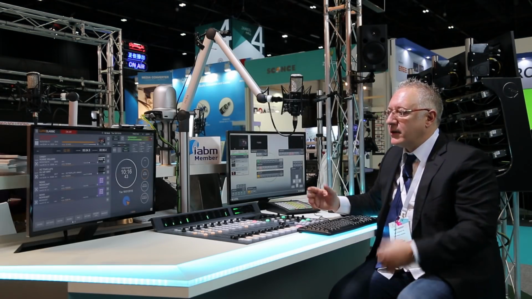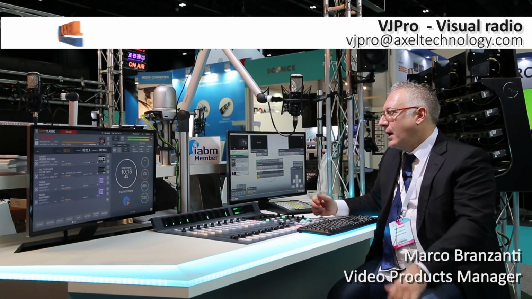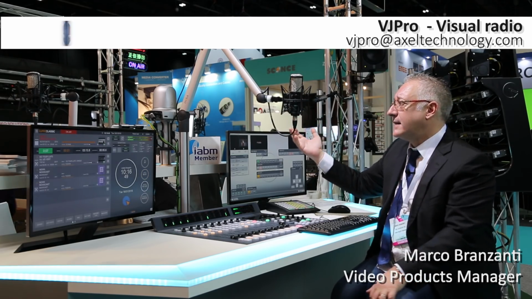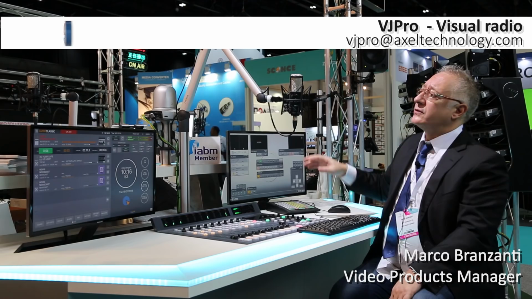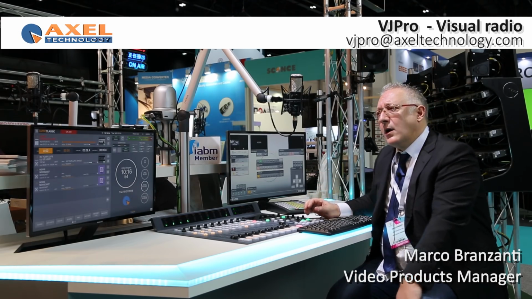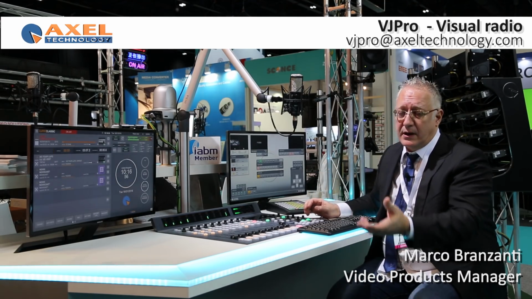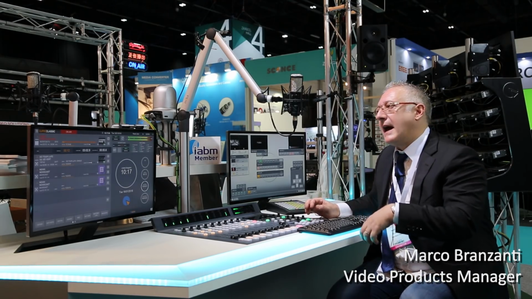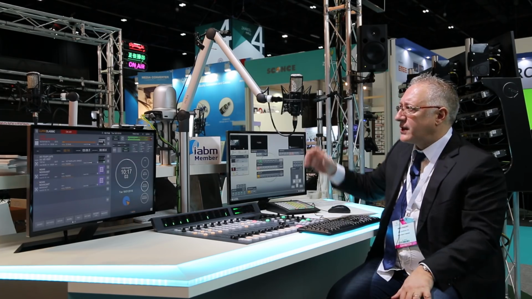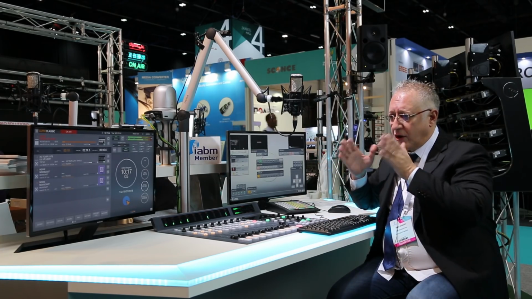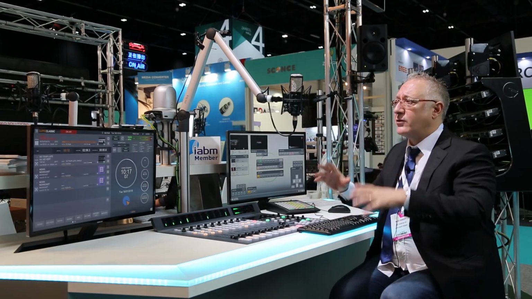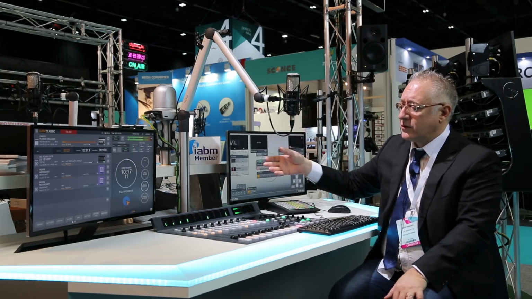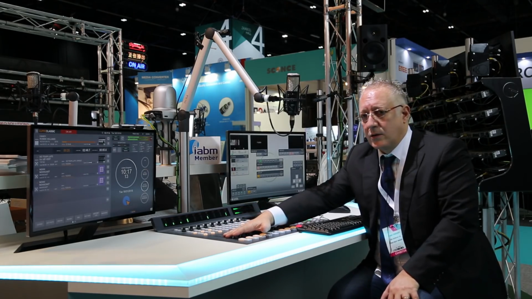Live shows: whenever you do a live show on radio, you will use your microphones, and maybe you will have some guests. In this case, I have 2 microphones. So what we do is we just install cameras in the radio studios, and they can be 3 or 4 cameras, and the shot of each camera is directly related to each microphone. Each microphone is related to a fader on the console.